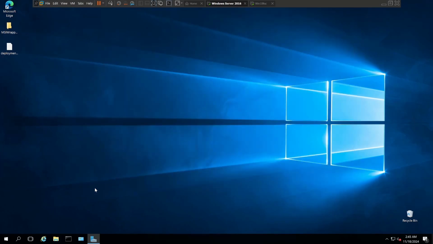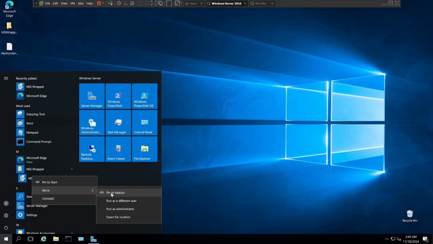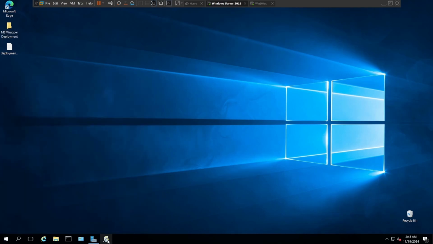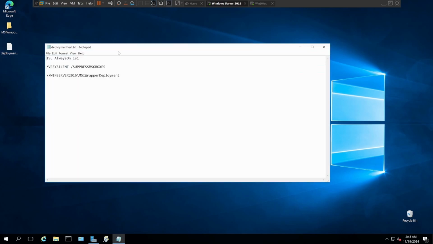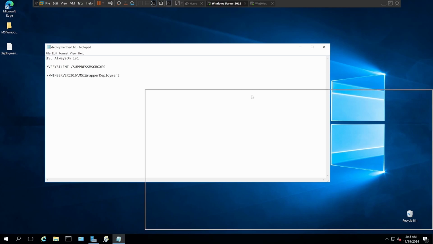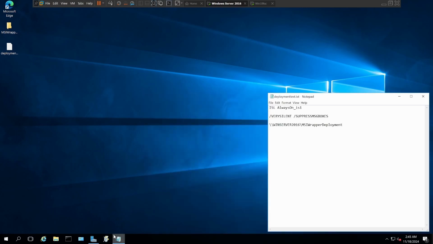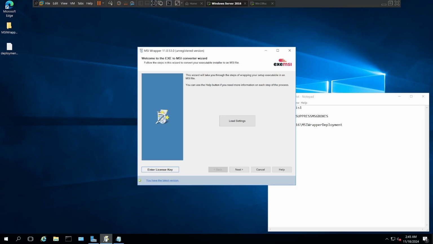So we can get rid of that file now, and we'll just open it up, pin it to the taskbar so we can get easy access to it. So open this file up. These are the commands and the file path that you need. Your file path will be different, but